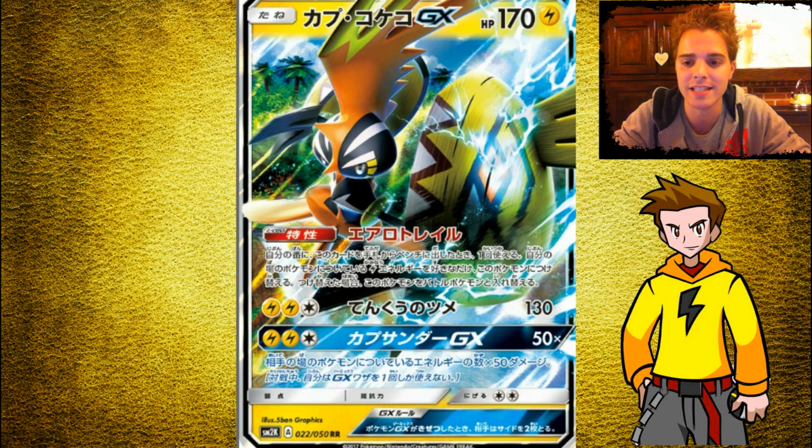It has 170 HP as you can see. Also, it has no weakness, so you don't have to be afraid of the fighting weakness on most lightning type Pokemon. It has 2 retreat cost. And some decent attacks. It deals 130 damage for 2 lightning and a Colorless. I would have preferred to see a double Colorless energy on that attack cost, but unfortunately it's 2 lightning energies and a Colorless. For that same attack cost, we have the GX move, which deals 50 damage times the total